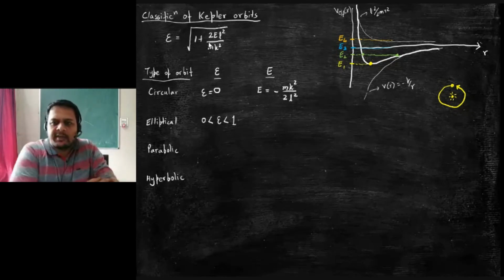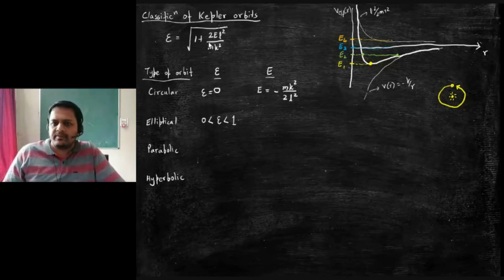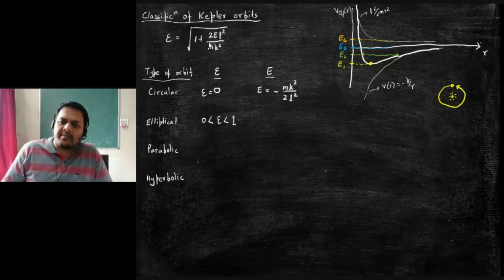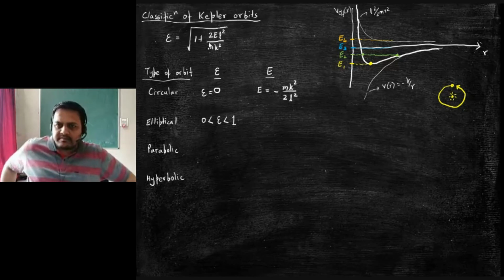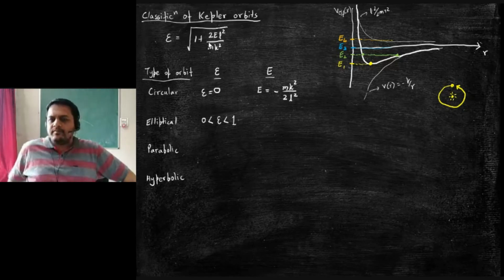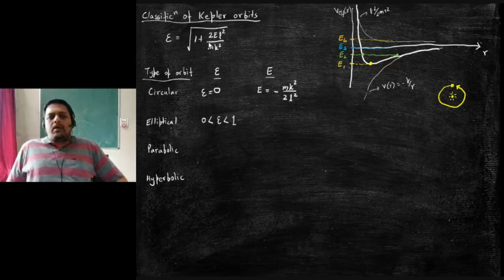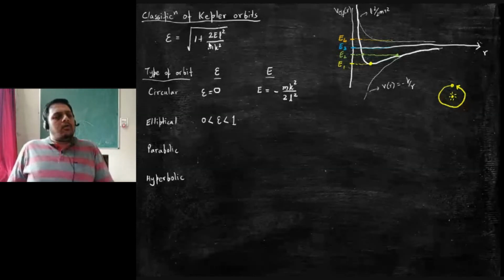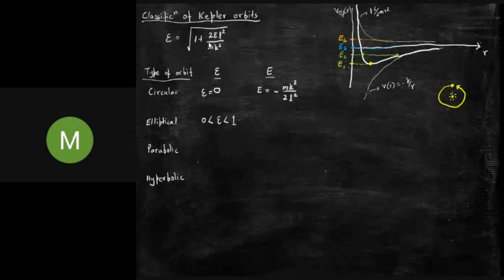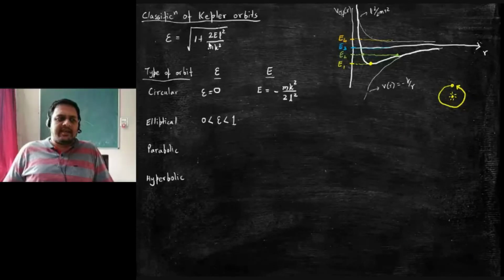What is the square root of 1 plus some positive number? Some number which is greater than 1. So if epsilon has to be less than 1, then E has to be less than